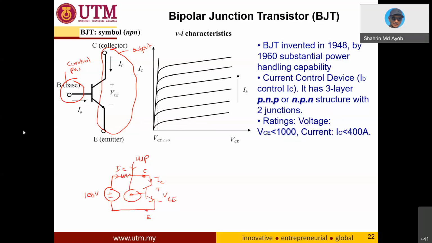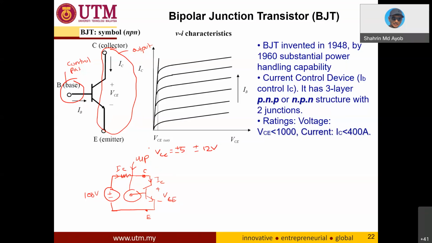Usually the base is the control, which comes from the microprocessor, the signals. The microprocessor, you know, is an electronic part. The voltage is VCC, which is maybe positive 5 or plus or minus 12 volt. So very, very small voltage, and the current is also very small. So this is for control input, while the collector and emitter are the terminals connected to the power